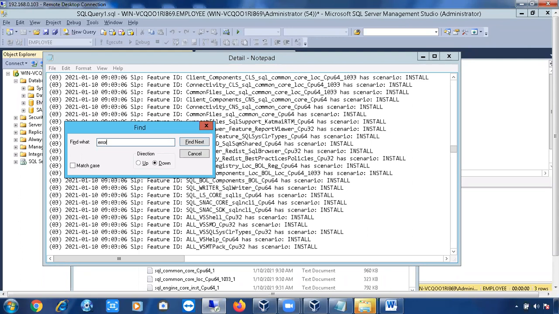First, I'll check the summary.txt file. Then they will ask you where the summary.txt file is. Don't reveal everything at a time. Just tell them first I'll check the summary.txt file. Then they will ask where it is, and then tell them it will be in the instance binaries, setup bootstrap folder, under the date and timestamp.